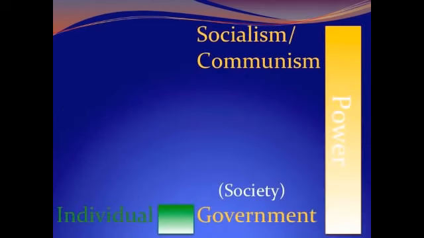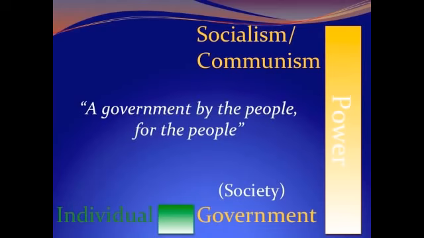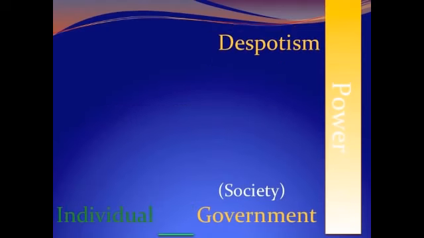In socialism and communism, though there really isn't much individual freedom or power, the concept is at least set up as a government by the people for the people, and the leaders just manage the property of the people. In despotism or dictatorship, it's all about the leader. The citizens are just subjects, and the leader has free rein to do literally anything he or she wants. In some cases, the despots claim to be acting for the good of their countrymen, and other times they are purely self-interested or greedy dictators. In despotism, the state, which is the despot, is massive and all-powerful, and the individual is absolutely powerless beyond the power that the despot chooses to give them.